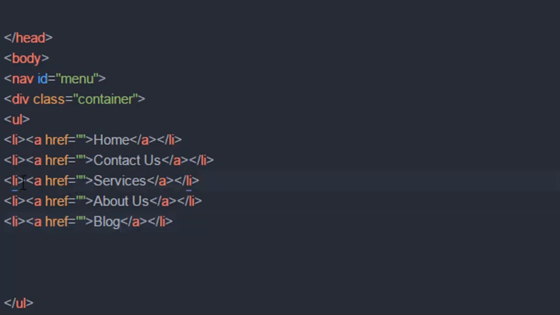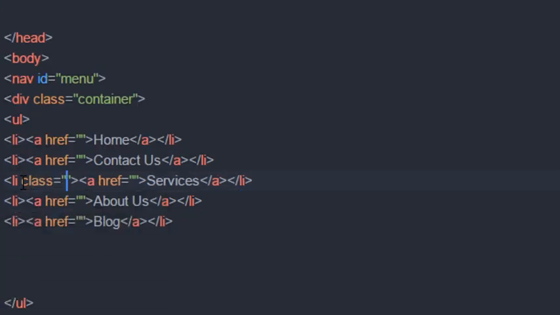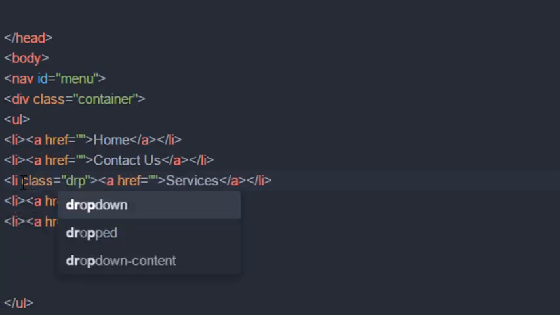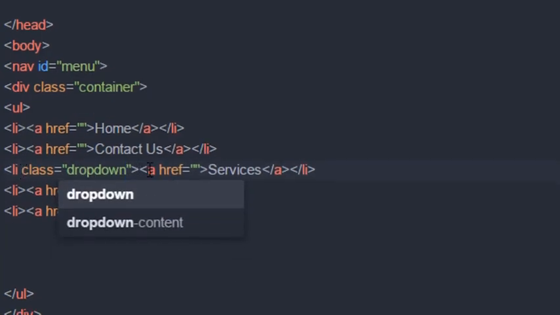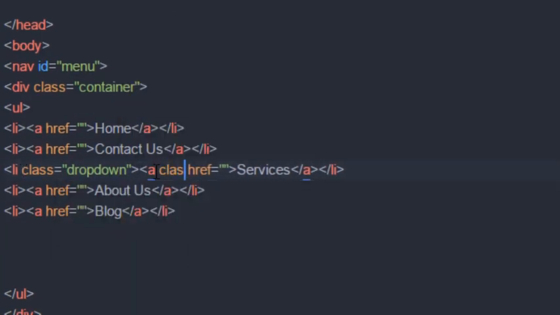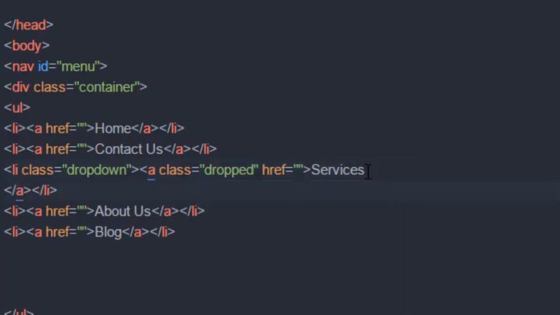Okay, I am adding here the list item class, drop down. Okay, and the A class here is the drop. You can add any of your class name. Okay, services. After that you will create here another div